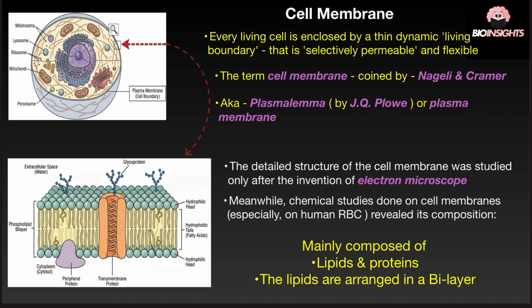Every living cell is enclosed by a thin dynamic living boundary that is selectively permeable and flexible. It works as a barrier between the inner and the outer environment of the cell. Now, why did I emphasize the word living cell? Because the specific unique traits of the cell membrane are often compromised in a dead cell. For example, a living cell membrane is selectively permeable, but a dead cell membrane loses that ability and it becomes